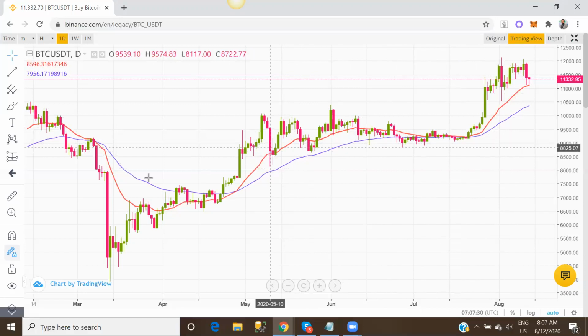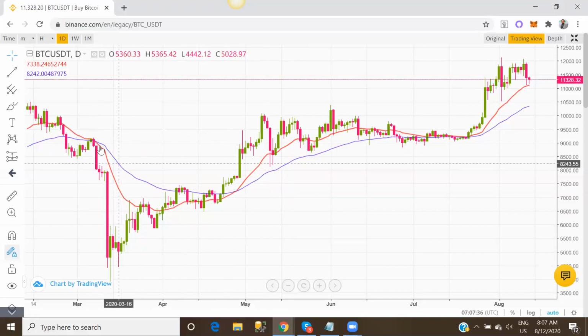But if you notice, I've spoken about this moving average a couple of times. If you notice what had happened with this moving average from this spot, if I go back in time,